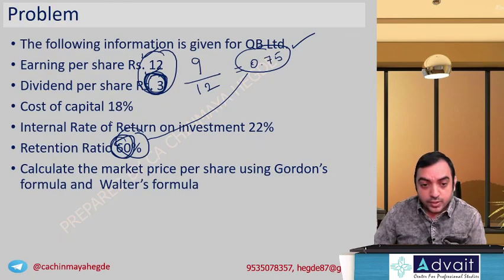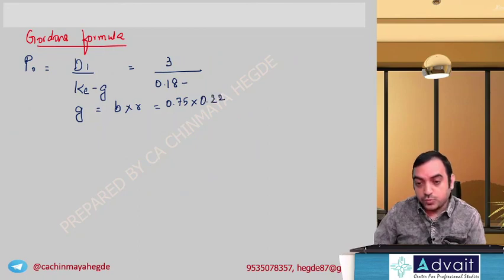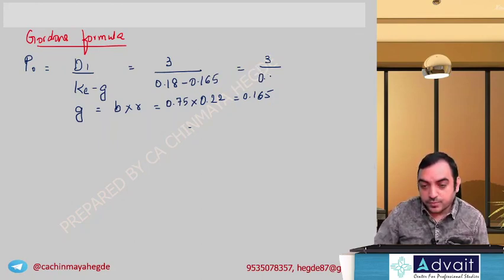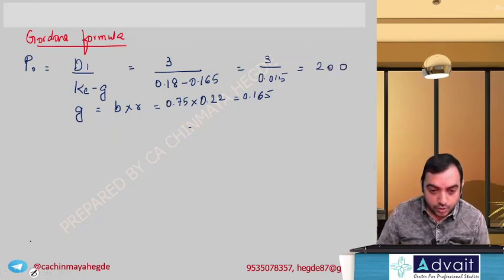So here the retention ratio will be 0.75 as we calculated. 0.75 into return on investment 22%, which is 0.22. So 0.75 into 0.22, what do we get? 0.165. Then P0 is 3 rupees by 0.015, which is 200 rupees. Or alternatively,